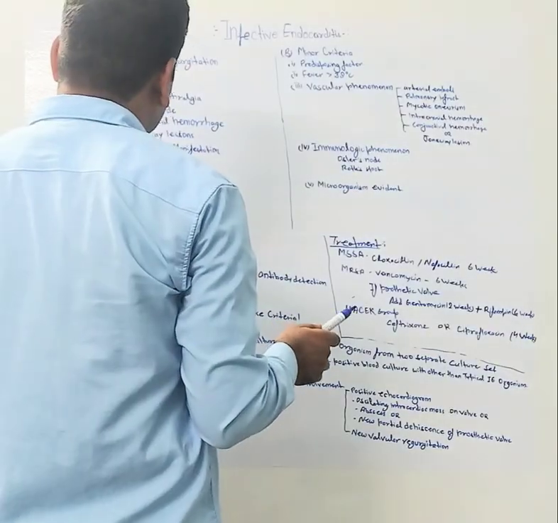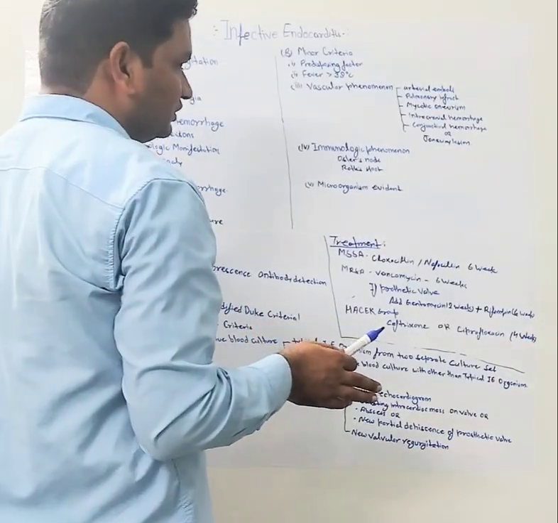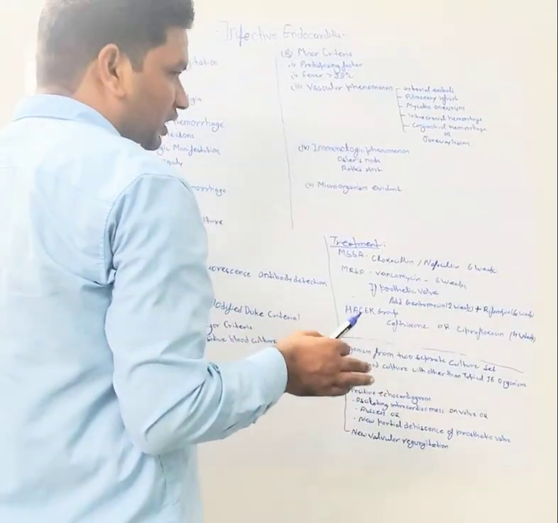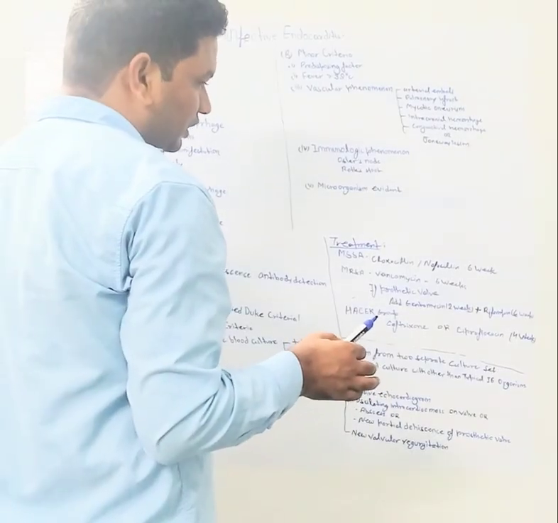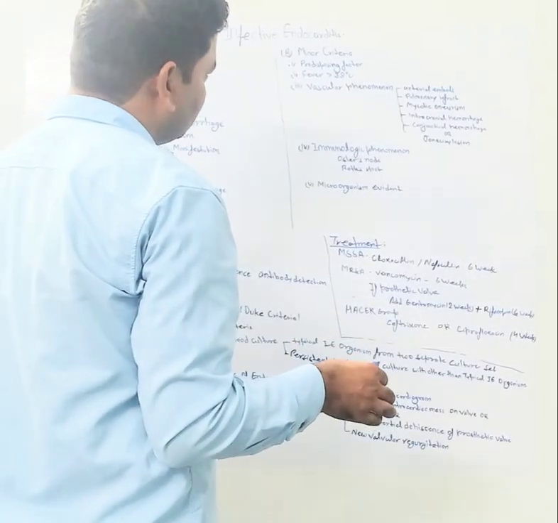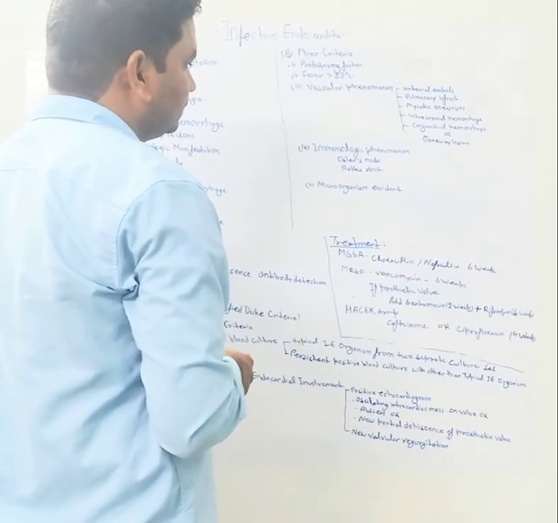Minor criteria contain predisposing factors like mitral regurgitation, IV drug user, and other is